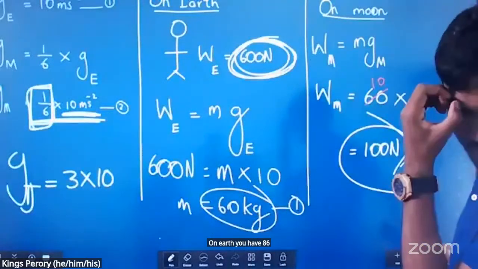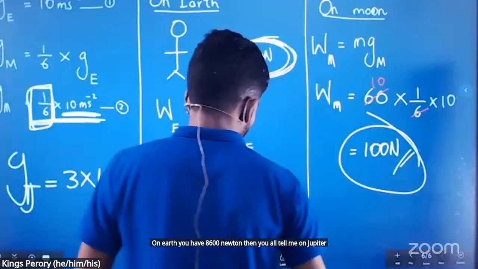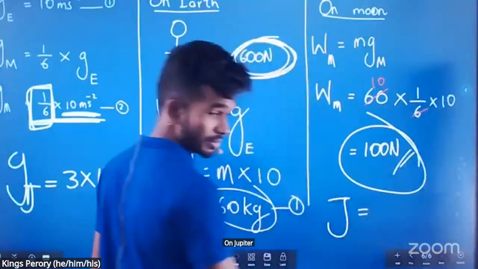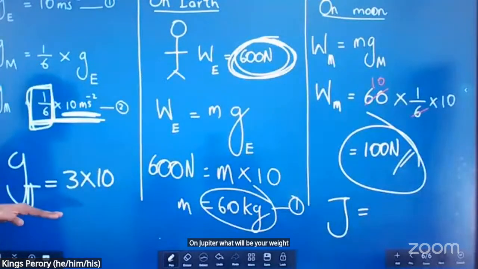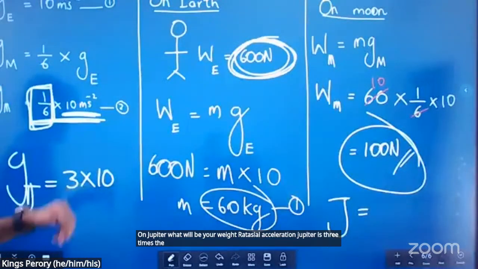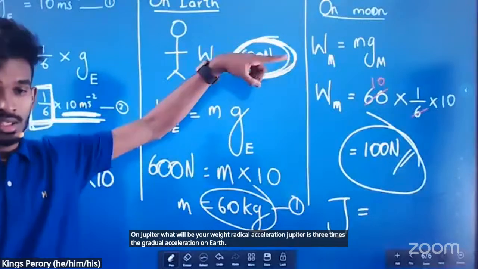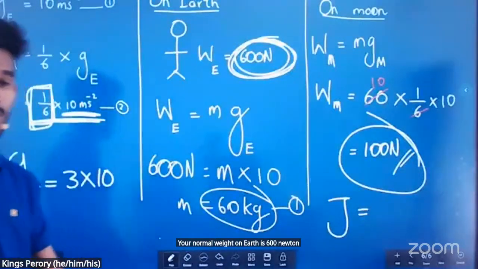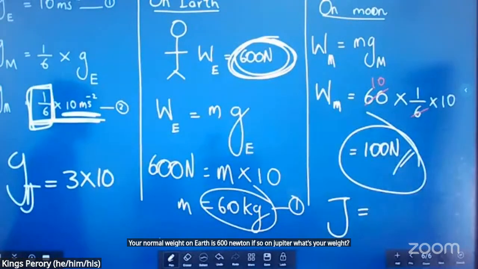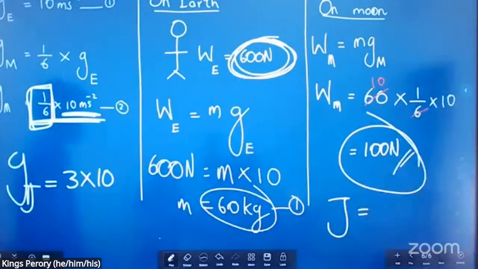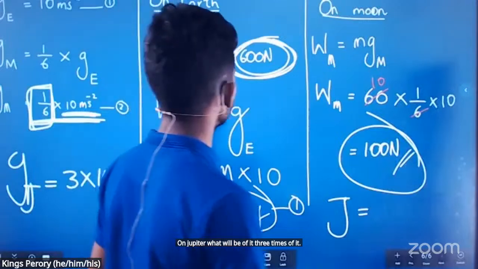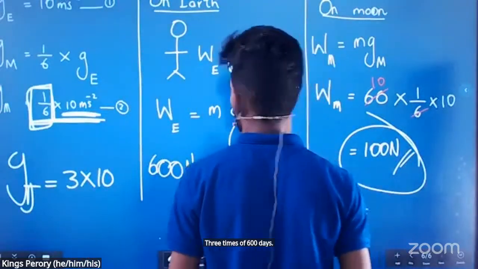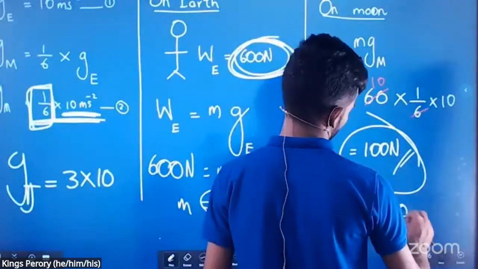Then tell me, on Jupiter, what will be your weight? One shot, without any calculation. 3 times of 600 is